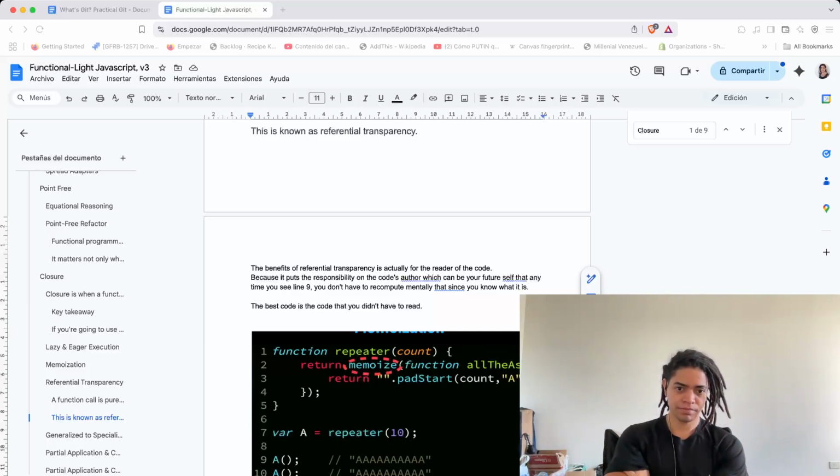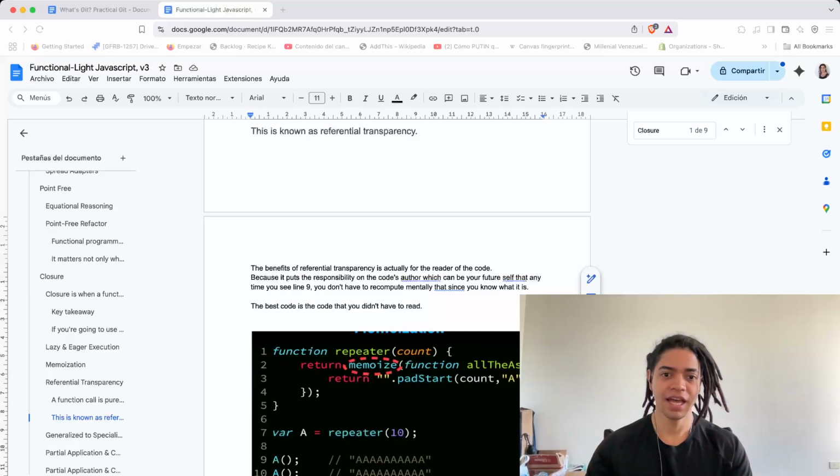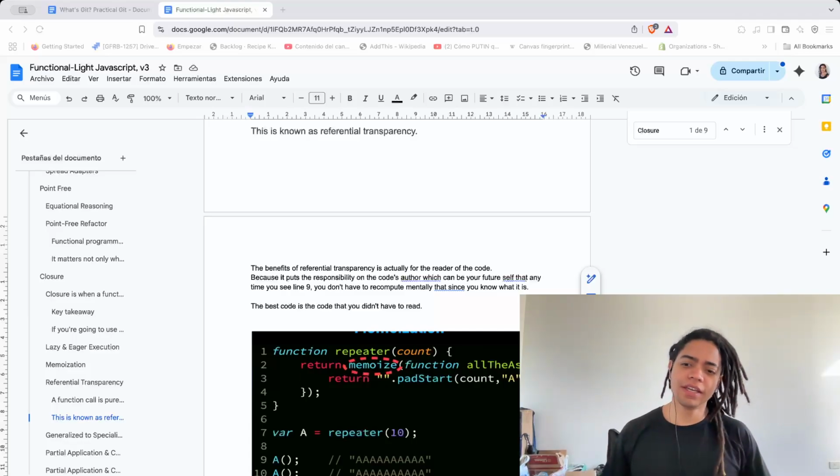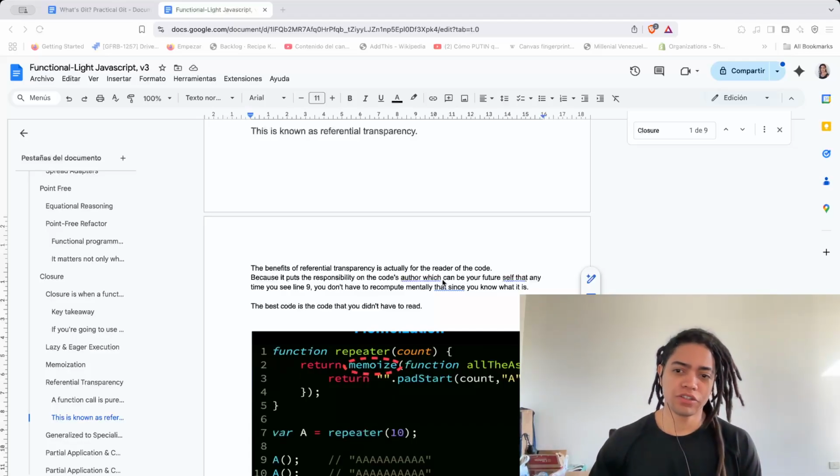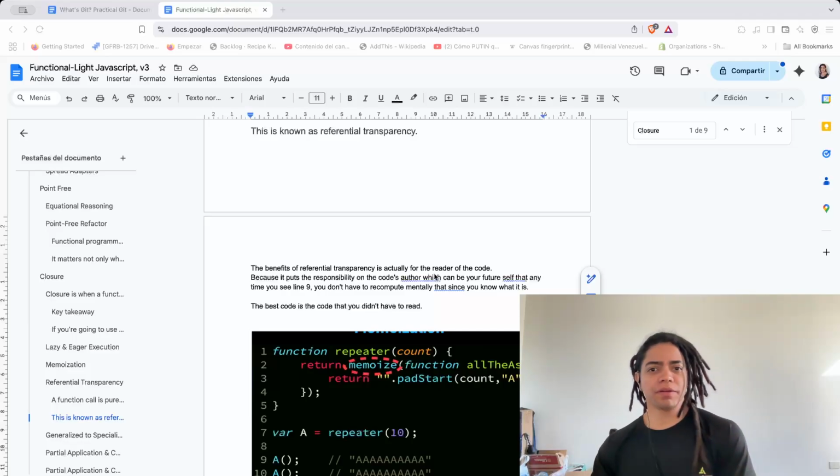We talked a bit earlier in the course about this idea. Again, like any tool, it has its trade-offs. Let me make a quick pause, and let's keep going. All right. So now that we know what referential transparency is,